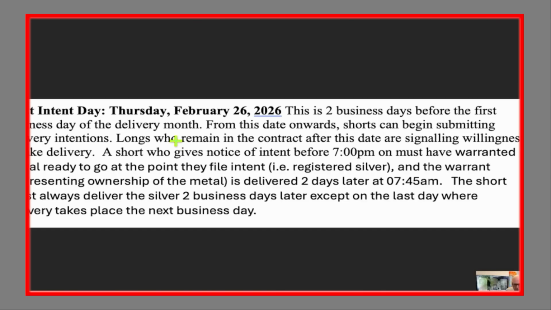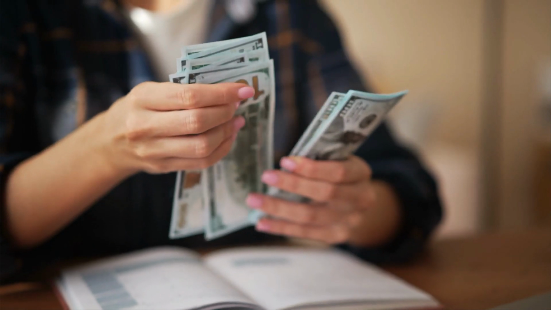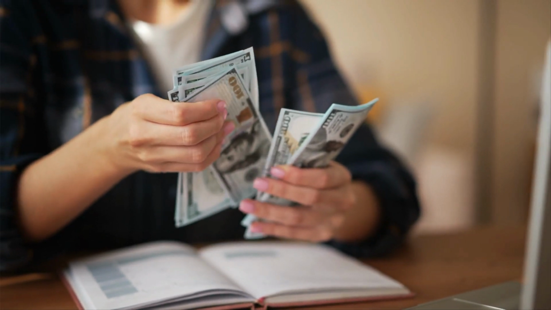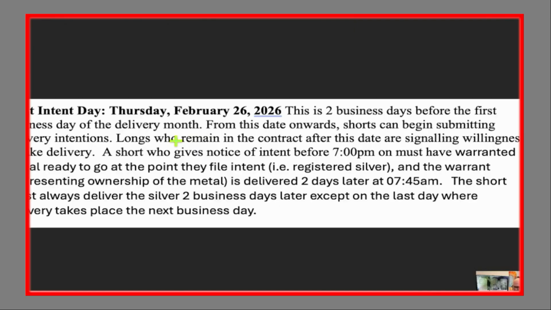Of course, there are plenty of longs who are making a market, so there's always going to be a two-way price, so it won't be a problem. But they'd have to be net buyers for their total open interest to go down enough that the rest of the open interest is covered by silver which is actually there, which doesn't look like it's going to be the case at the moment.